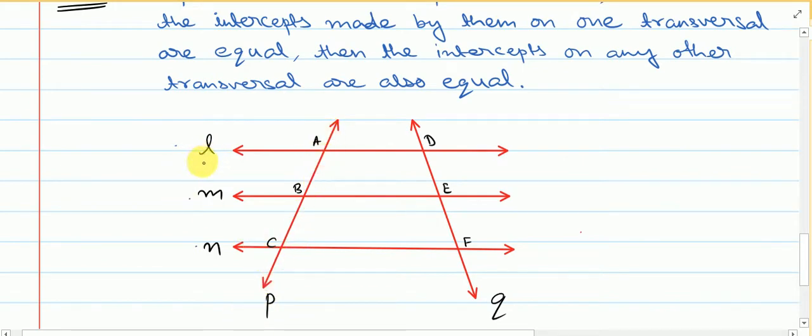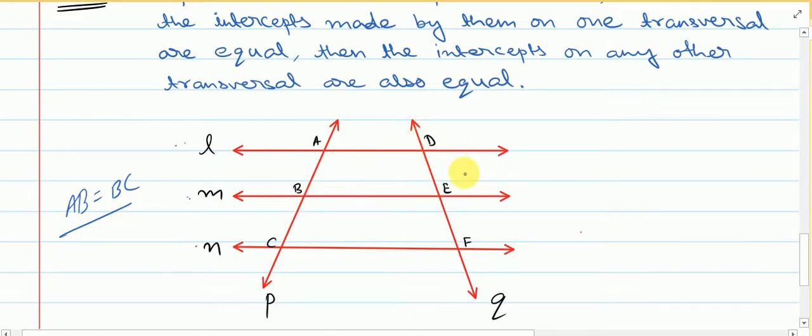So firstly we are considering three parallel lines L, M, N and one transversal, that is P. So here you can see that L and M are making one intercept AB, M and N are making another intercept BC. So if it happens that AB is equal to BC, that these two intercepts AB and BC are equal, so in that case